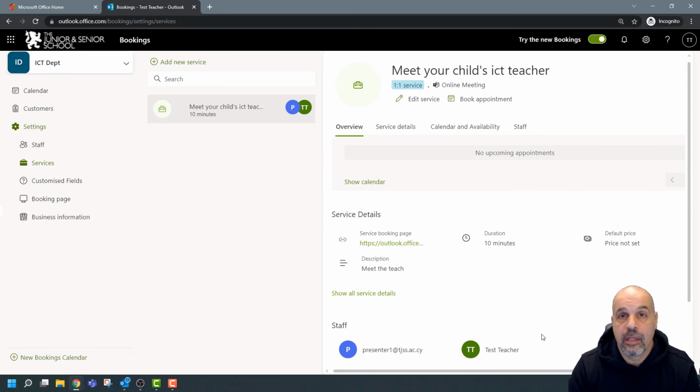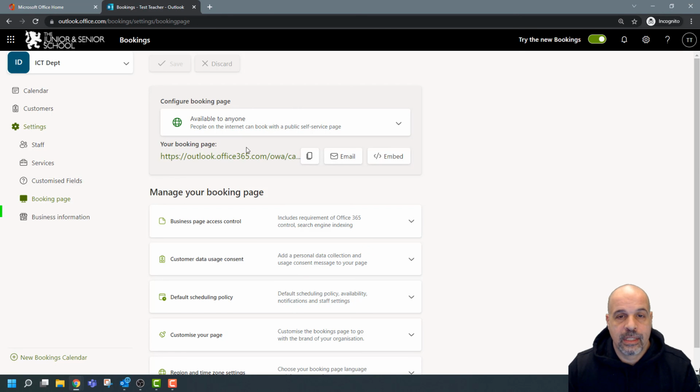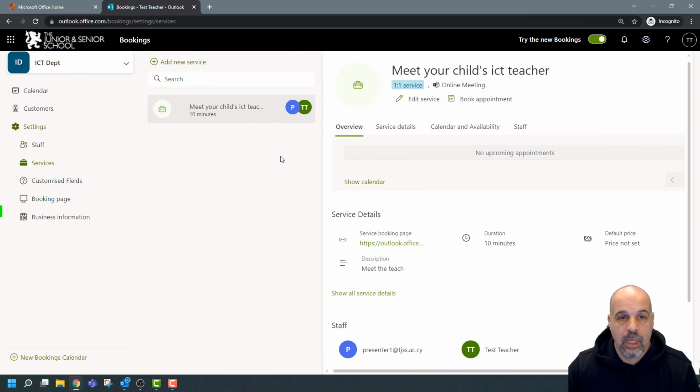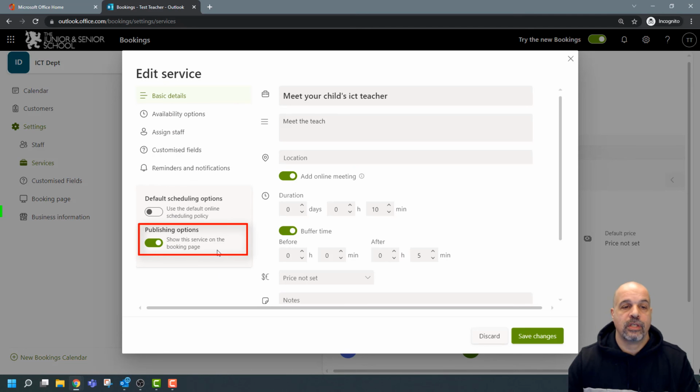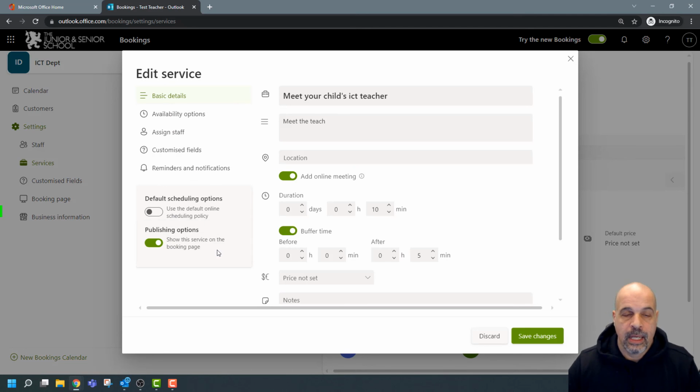Okay, the last thing that we need to do now is to have a look at the publication, or how we share the booking page. Now, the booking page we already set up. From here, we set up all the settings, and essentially all of your services will be published in this booking page. However, if you have more than one service, so let's just see what the toggle switch is. If I go to this service, you can see this toggle switch here, publishing options, show this service on the booking page. Now, if you have that enabled, then people are going to be able to book or schedule meetings